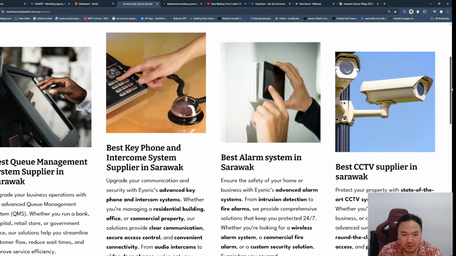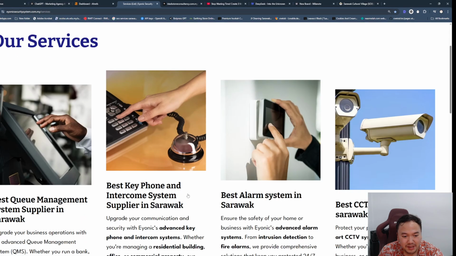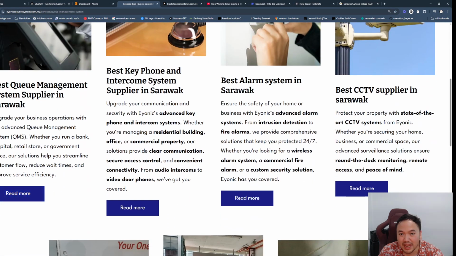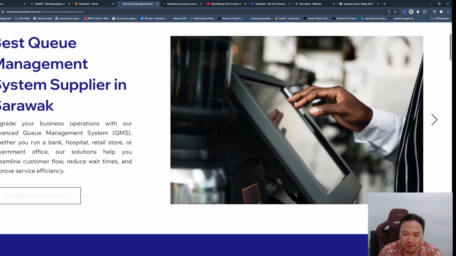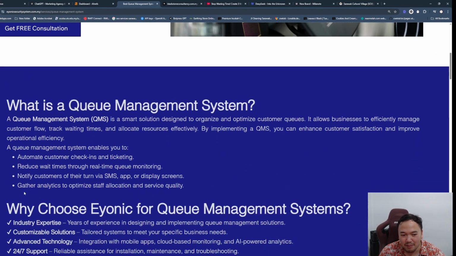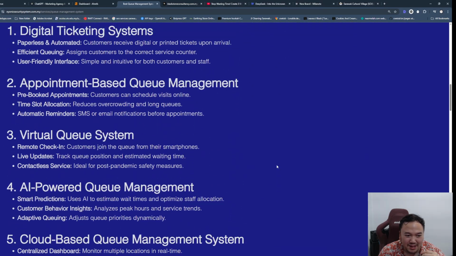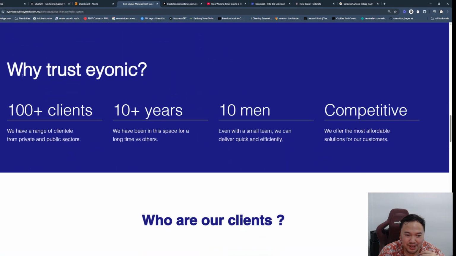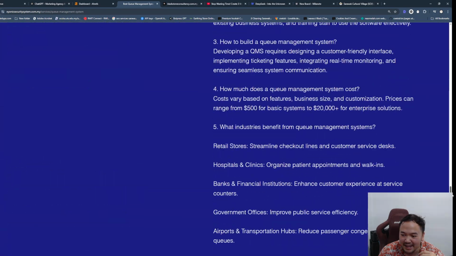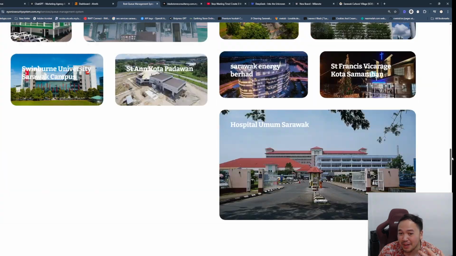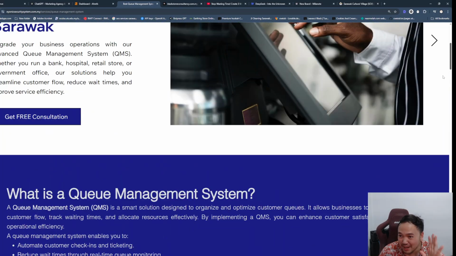Okay, you need to be able to link from the service pages to the individual service pages where you deep dive and talk about, for example, what is a queue management system, what is this, what is that, why should you trust, who are the clients again, and there's probably FAQs talking specifically about that particular service.